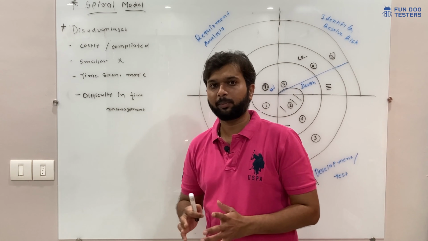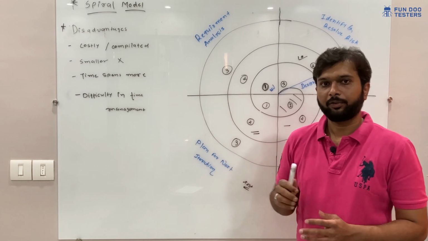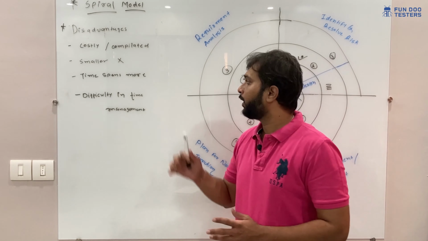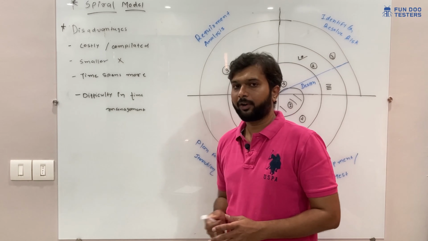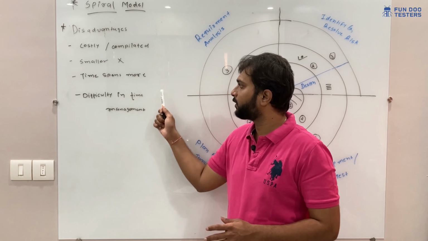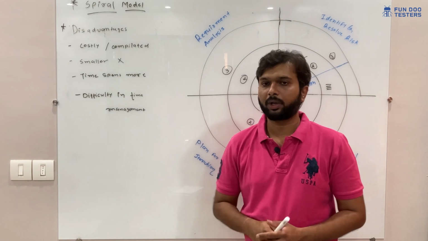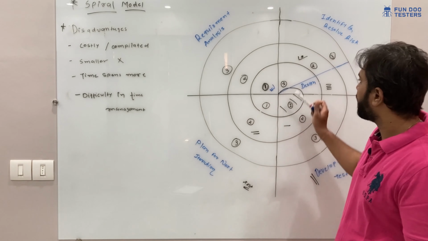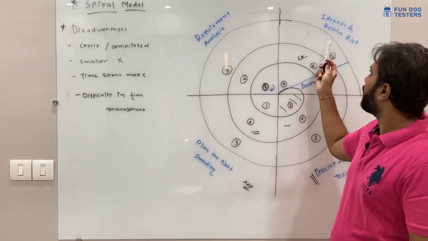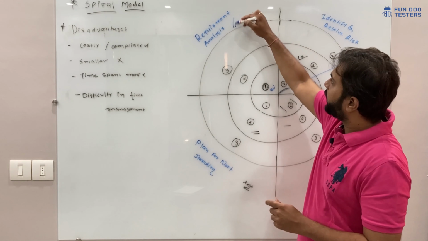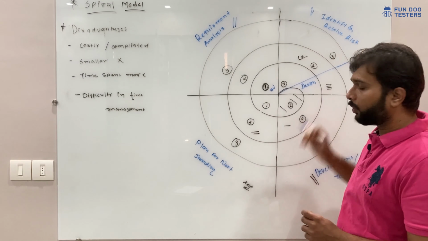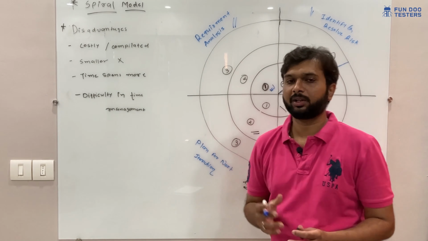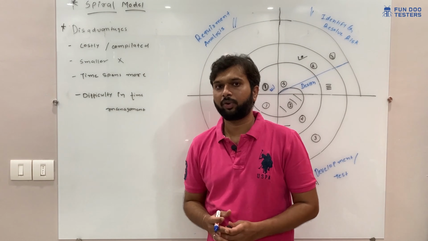For smaller products this model is not preferable. If we have a smaller product, we are going to split it into multiple iterations, and that will be a problem. Also, time spent is more and there is difficulty in time management. For example, when we reach the development or testing phase, what will the designer and the requirement analysis team do? So time management will be difficult, and we cannot track the entire product easily. These are a few disadvantages of the spiral model.